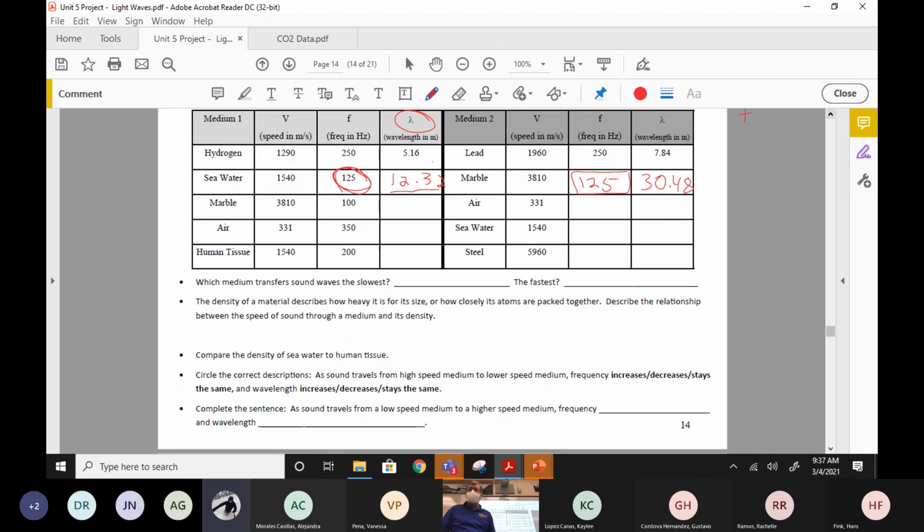Next, the density of a material describes how heavy it is for its size, which we can also think about as being how closely its atoms are packed together. So let's think about this. Here's a basketball, right? I would like you all to send me a golden basketball. Please, next class, everybody bring me a solid gold basketball. All right, that might be enough for me to retire on, so at that point I can just give you an A.